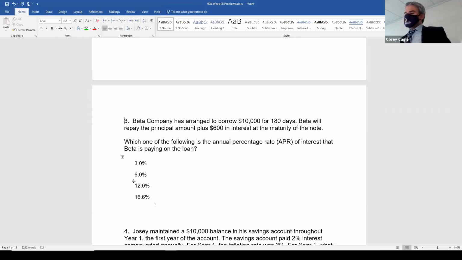All right, so this company has arranged to borrow $10,000 for 180 days, so half a year. Beta will repay the principal amount plus $600 in interest at the maturity of the note. Which of the following is the APR that they're paying on the loan? All right, so we've got a semi-annual situation here. We need to figure out the semi-annual interest rate and multiply it by 2. And that would be the annual interest rate. Real easy. So number 3, we are